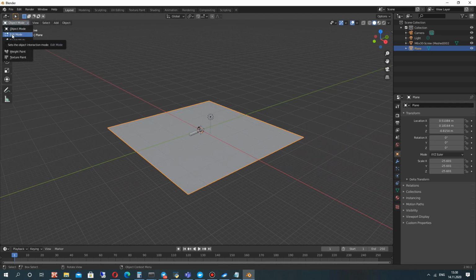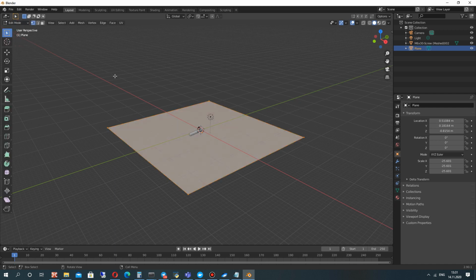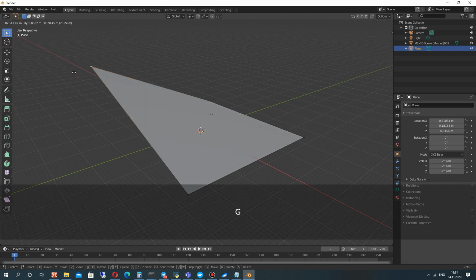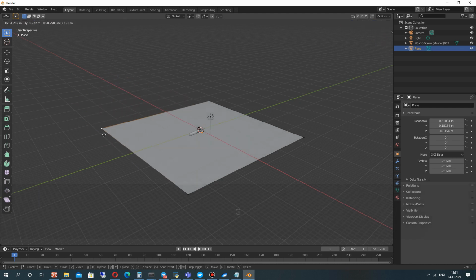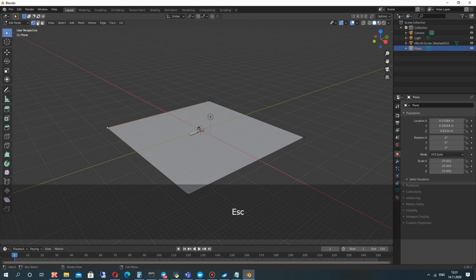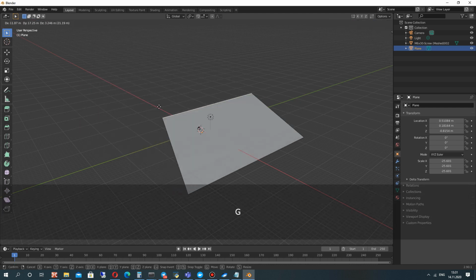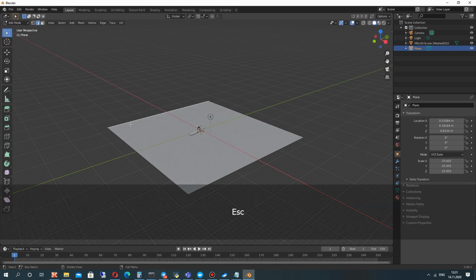So now let's go to the edit mode, and here we have to add the walls for our plane. It will be something like a room for render. You can change the position of this plane here. You can choose, for example, the point, or if you change this icon you can change the position of the edge, and you can choose